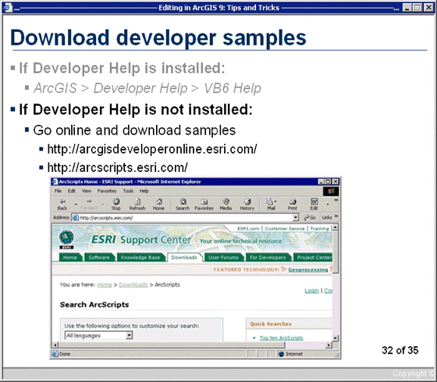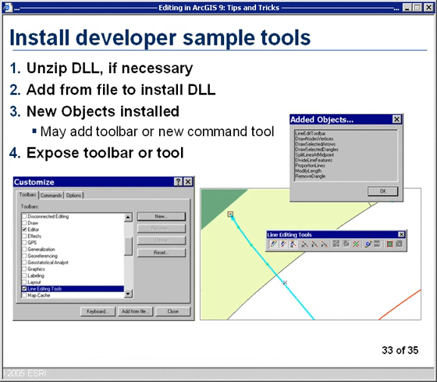I found some very, very useful tools under the ArcScripts environment that I've put to great use for users. And in fact, I'm going to show you some of these in the next couple of minutes when I get down to doing a demonstration. Now, whether you use ArcScript tools or some of the developer samples, the chances are that you'll